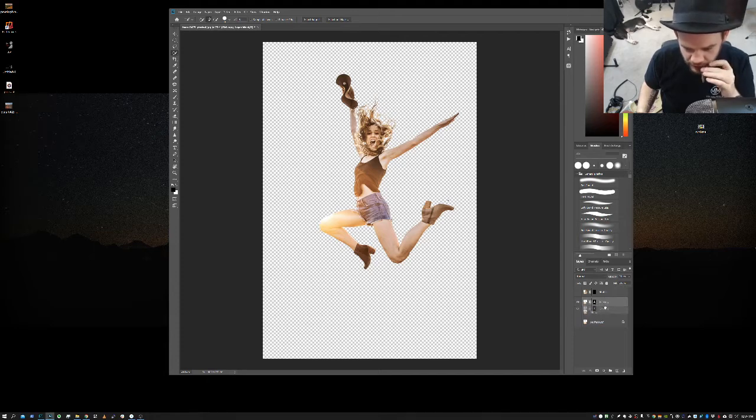Let's take a copy of this. I'm going to drag this whole layer, the girl copy, to the new layer button. That's going to make girl copy 2. Now you can see our mask here. We have a mask, and the white bit is the bit you can see. That's the girl. And the black bit is the bit you can't see. That's the